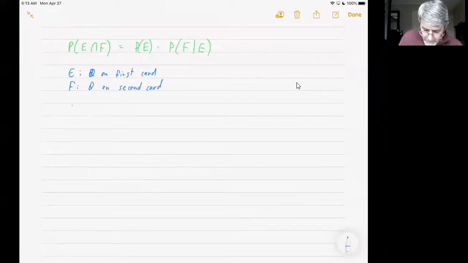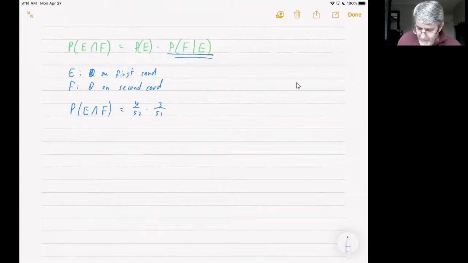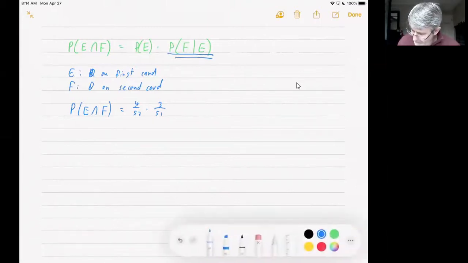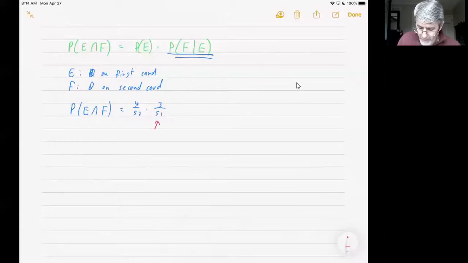Just real quickly, the probability of E and F, those two things intersecting, would be the probability of a queen on the first card, which we established was 4 in 52, times the probability of a queen on the second card, which is 3 in 51, okay? And notice the E given F part matters because E has already happened. That's where we get down to only having 51 cards left and only having 3 queens left. So given that E happened, that we did draw a queen, that affects the probability for the